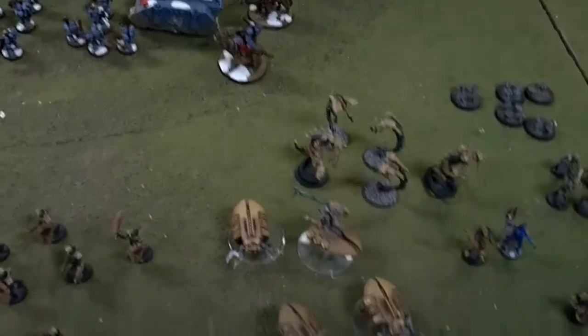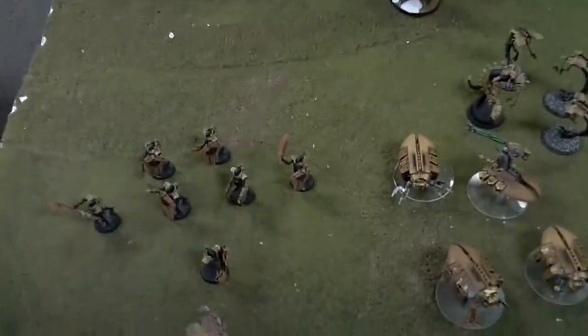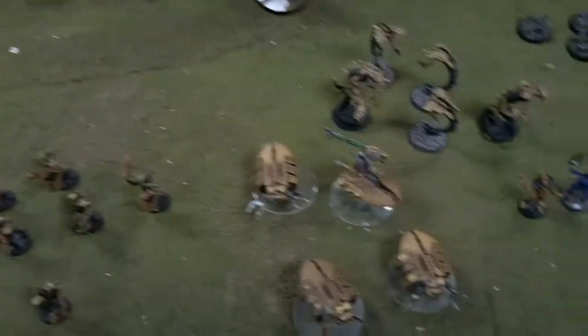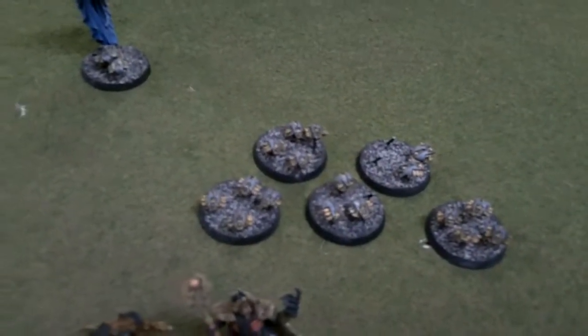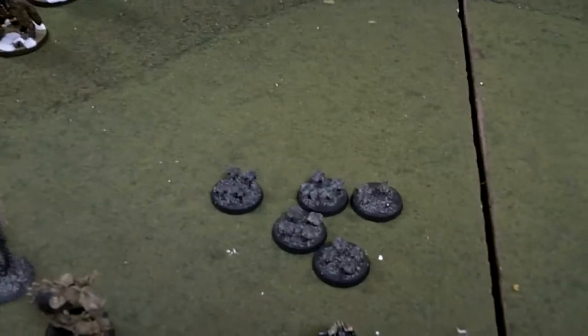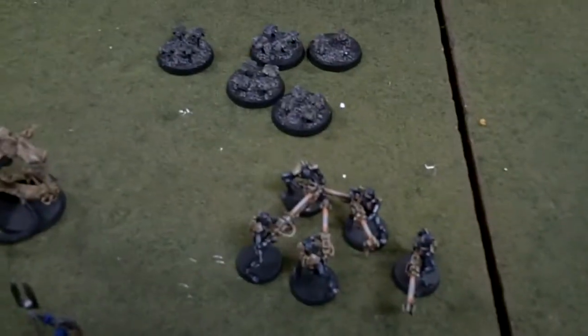Okay, we're going to do a battle report here with everyone's favorite Cole Markroff. I'm going to try out a Necron list against him. I've got the Stormlord here, Orokin the Diviner, 5 Scarabs, 5 more Scarabs, 5 Warriors, 5 Warriors, a Catan with